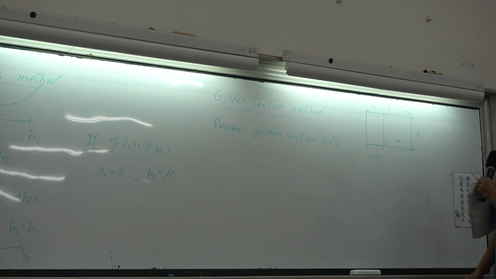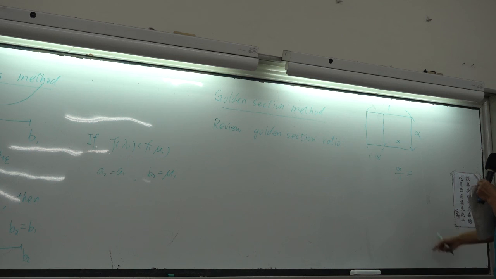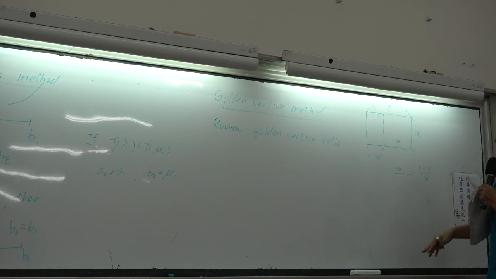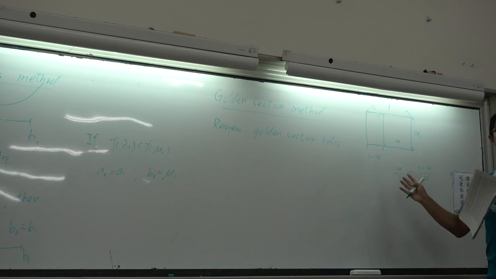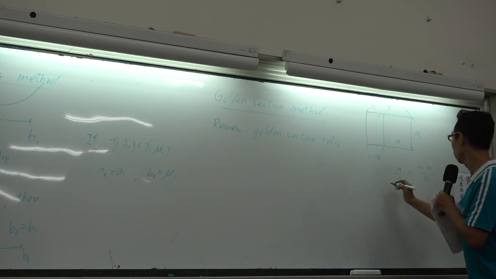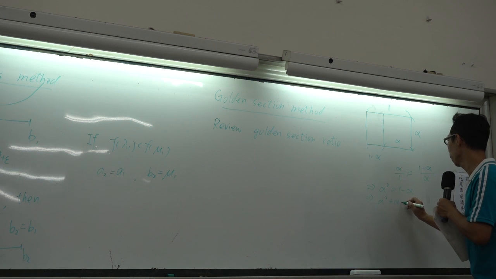So the thing is that if for the big rectangle, alpha divided by 1 is equal to, for this small rectangle, 1 minus alpha divided by alpha, then if this equal sign is satisfied, we say that this alpha is the so-called golden section ratio. Do you guys remember this? Okay. By doing this multiplication, we know that alpha squared equals 1 minus alpha, which means that alpha squared plus alpha minus 1 equals